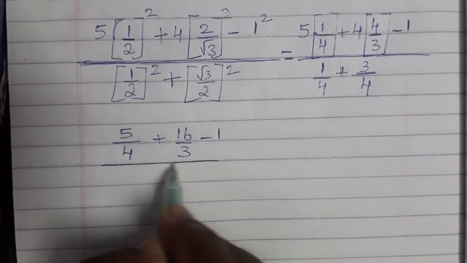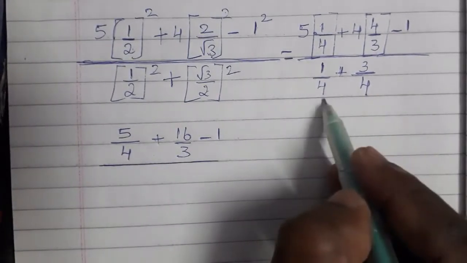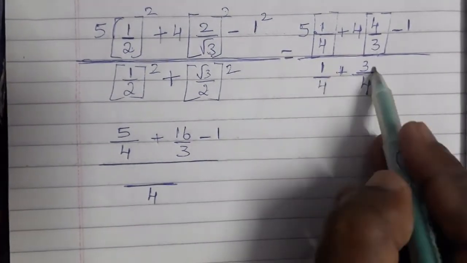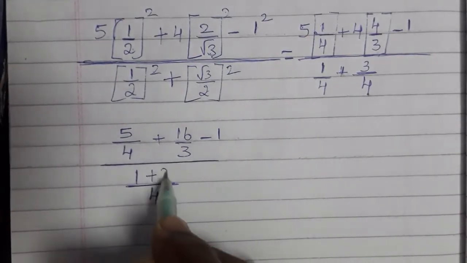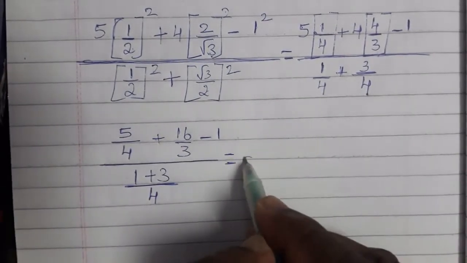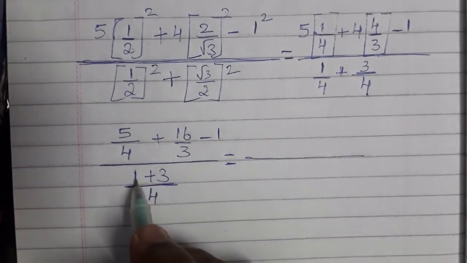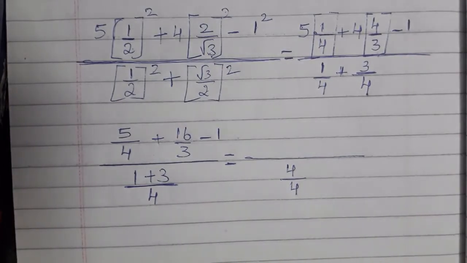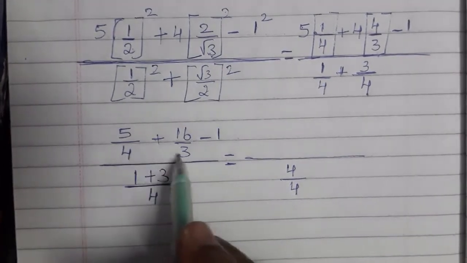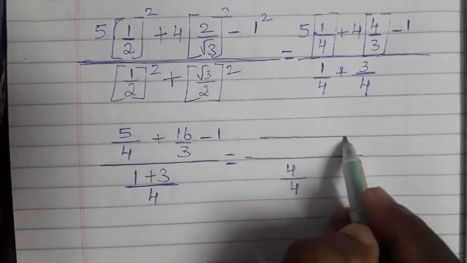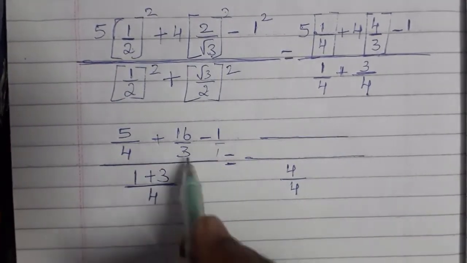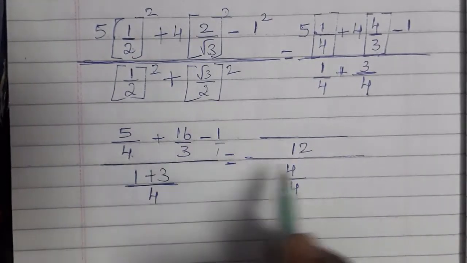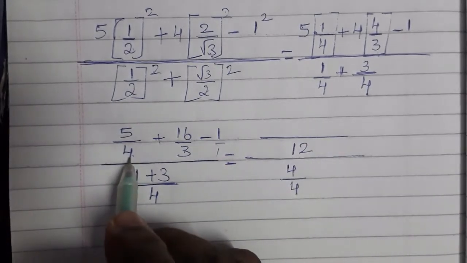In the denominator, you can notice the denominators here 4 and 4 is same. So write the same denominator and add the number 1 plus 3. Again in the numerator. Denominator is easy. 1 plus 3 is 4 by 4. In the numerator, we have to take the LCM. What is the LCM here? If there is no number, it is understood as 1. 4 3s are 12 is the LCM. Divide the LCM by the denominator. Divide the LCM 12 by the denominator 4.